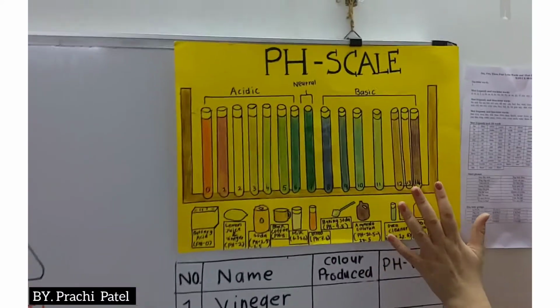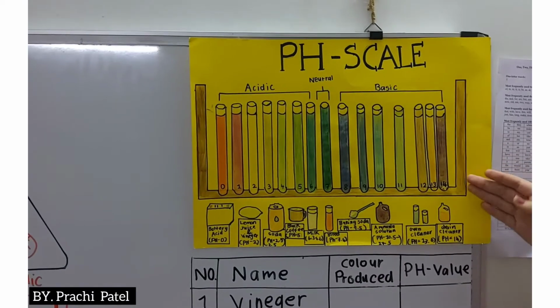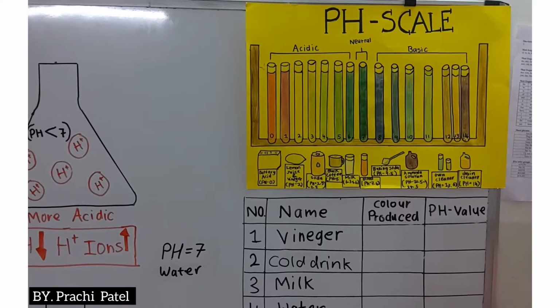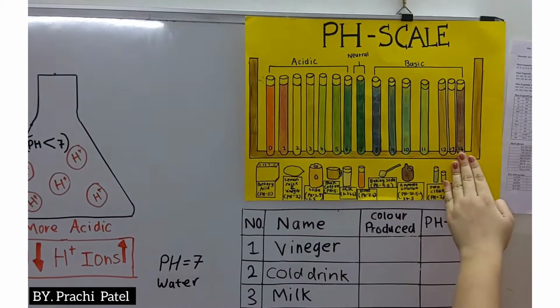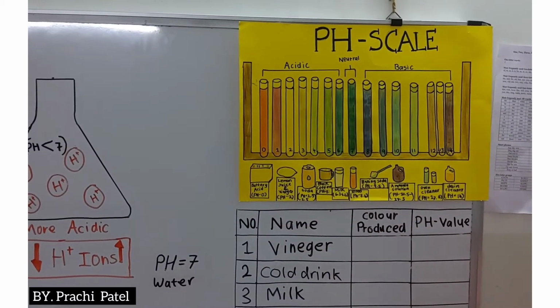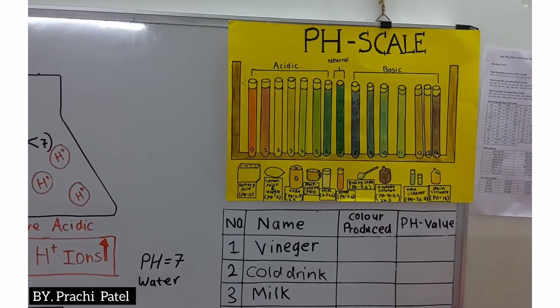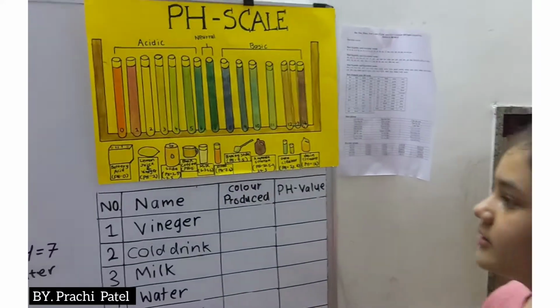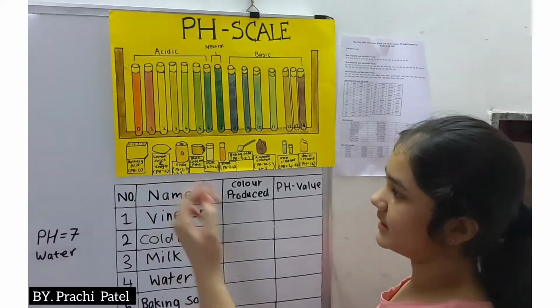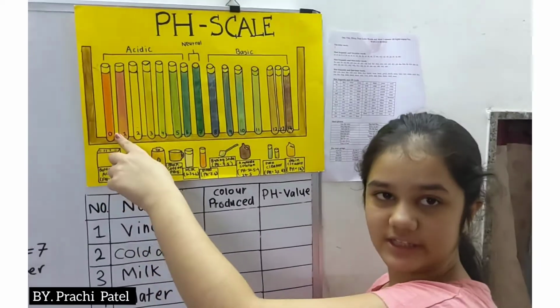Now, here I have drawn a pH scale. In this pH scale, the first is battery. Over here we have a scale of 0 to 14. 0 is the acidic, 14 is basic, also known as alkaline, and the neutral is 7. So, the first object, battery acid. The battery acid comes on the scale of 0.